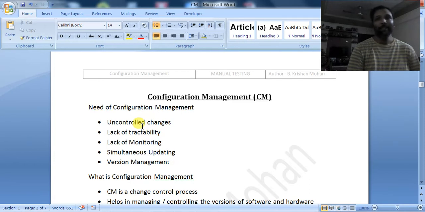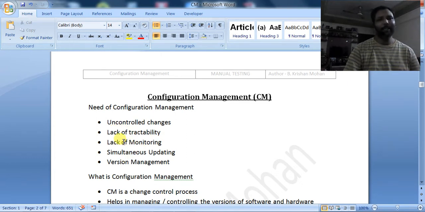Whenever changes come, the development company will make some profit out of it, meaning they may demand some money. So to control the uncontrollable changes, configuration management will be used.